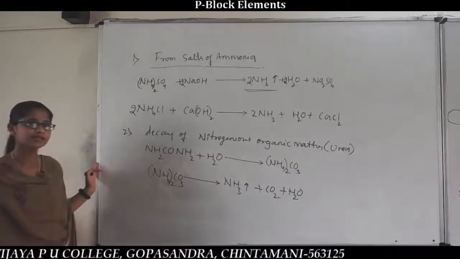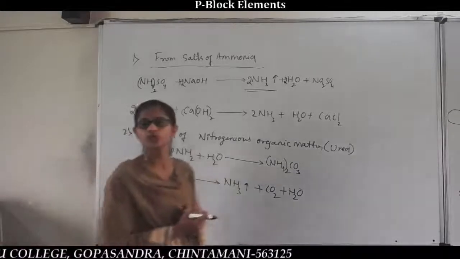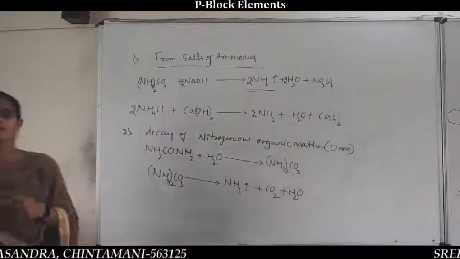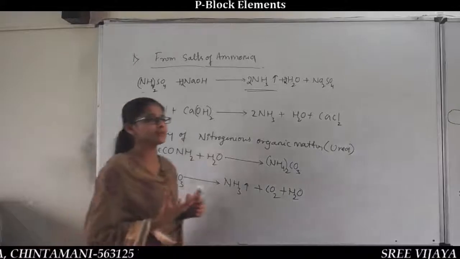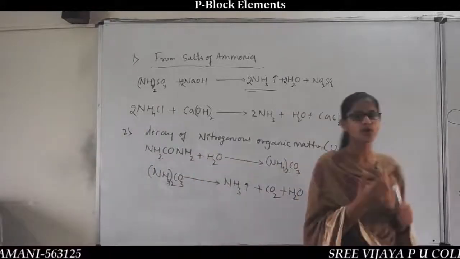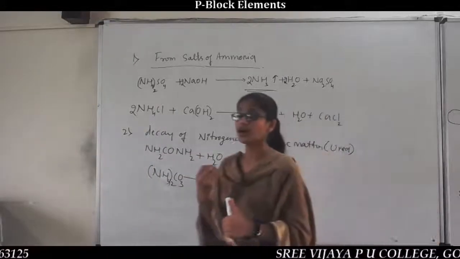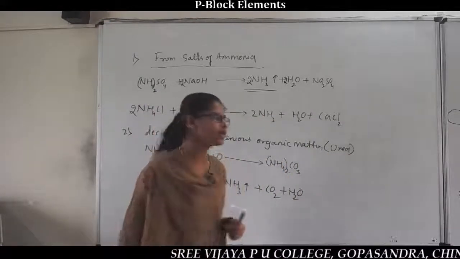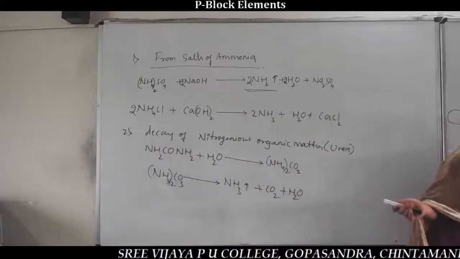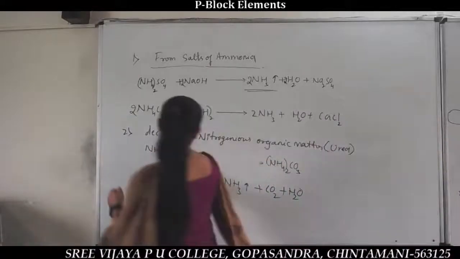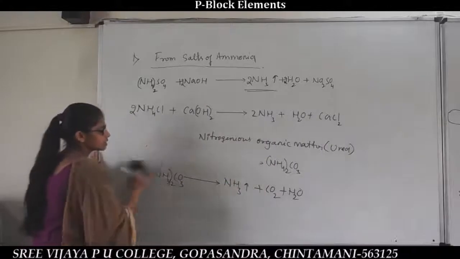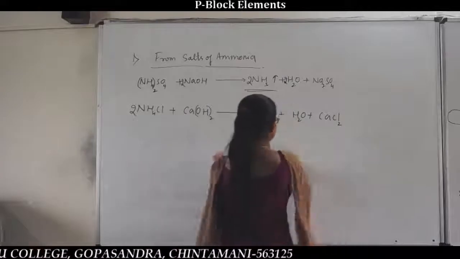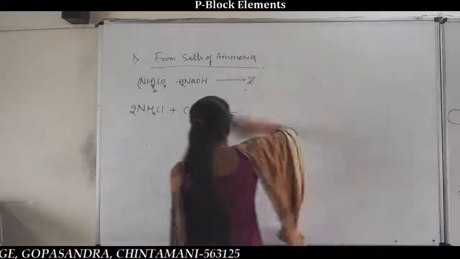Now we look at the shape and structure of the ammonia molecule. We know that ammonia is basic in nature and has a pungent smell. In the lab, as soon as you open the bottle, you notice a pungent smell. The ammonia molecule consists of one nitrogen atom and three hydrogen atoms, along with a lone pair of electrons on the nitrogen atom. The next concept is the structure of ammonia.